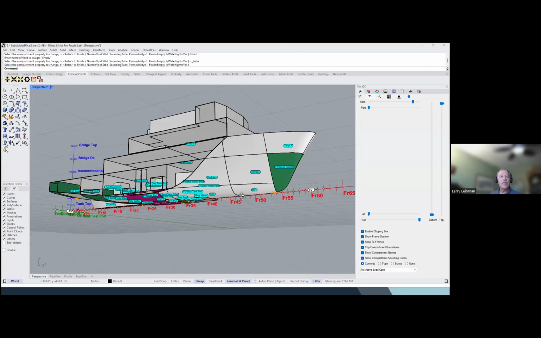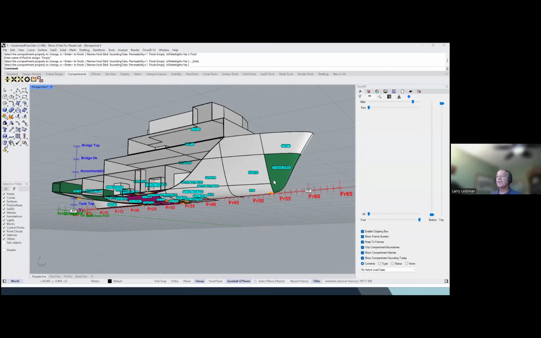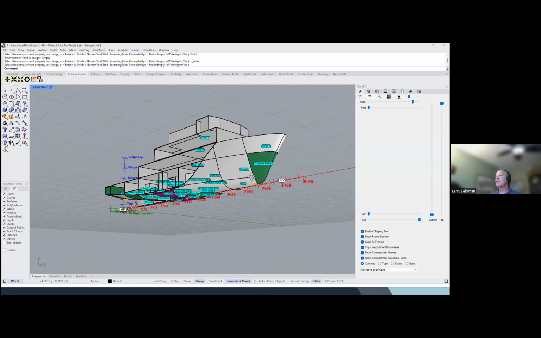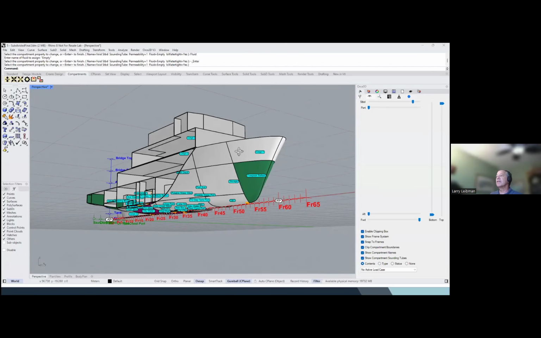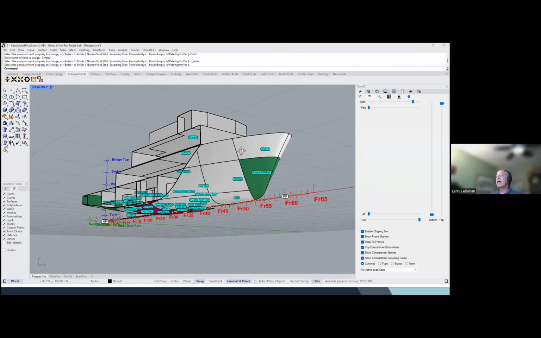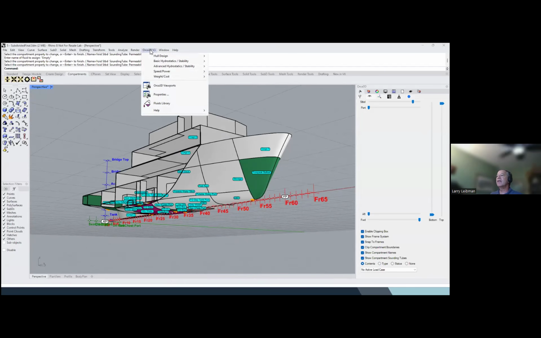Okay, so that really is the whole process of building a subdivision model and attributing the default fluids and characteristics of the various compartments and tanks in the model. Now, once you've done that, right away, you get some added capability. For example, I can come in here and run